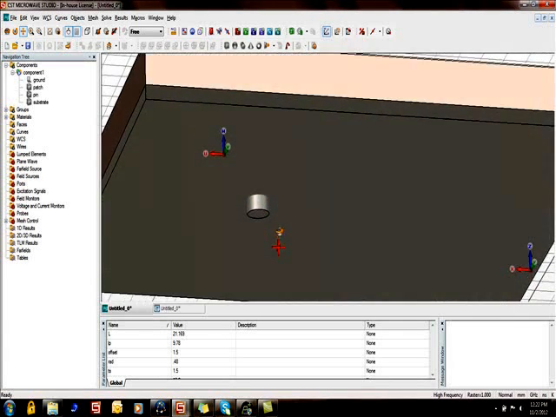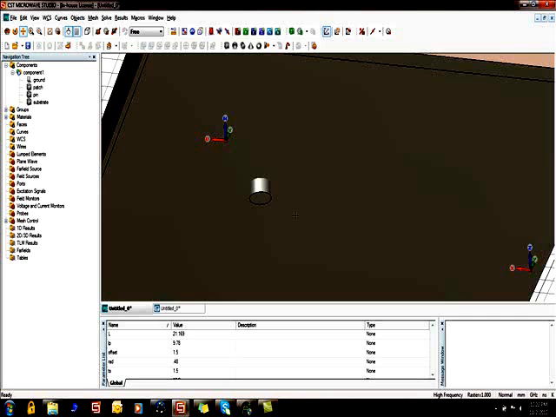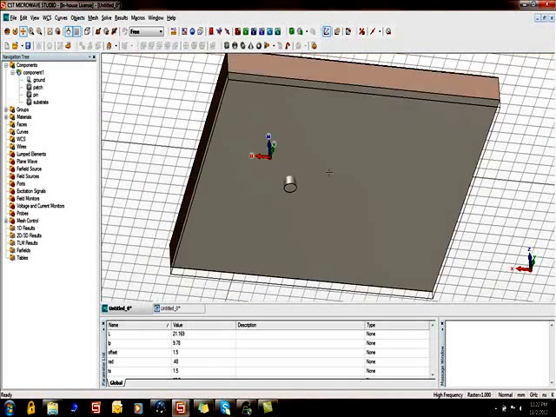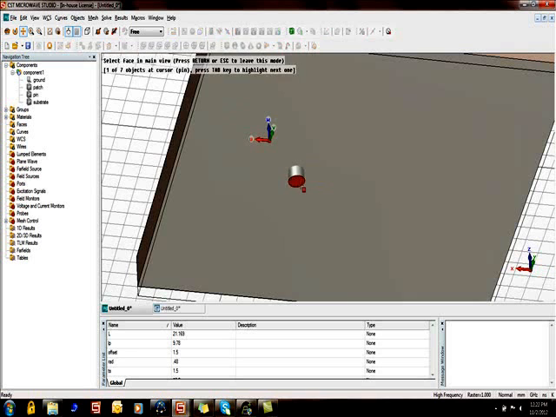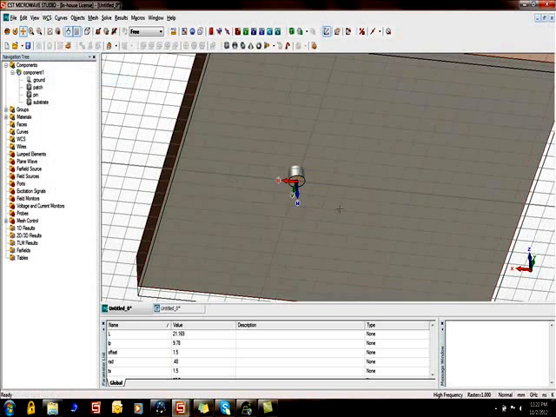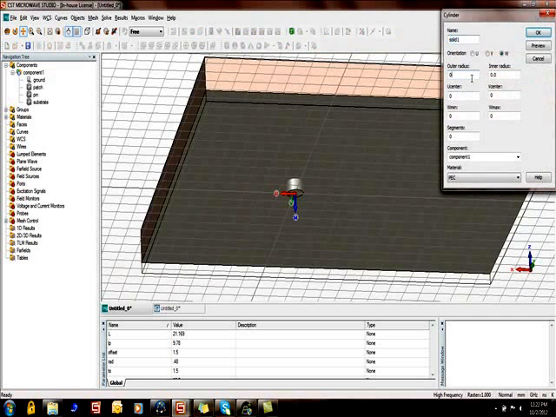Okay, then you need to define dielectric substrate. So select face of a pin, align WCS with selected face. Okay, click on create cylinder, press escape.